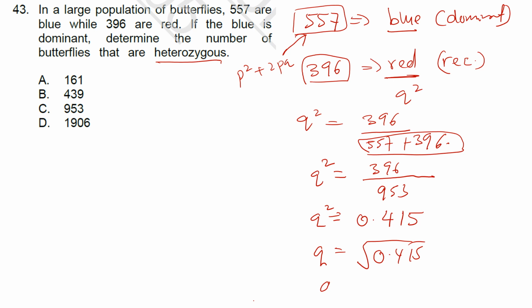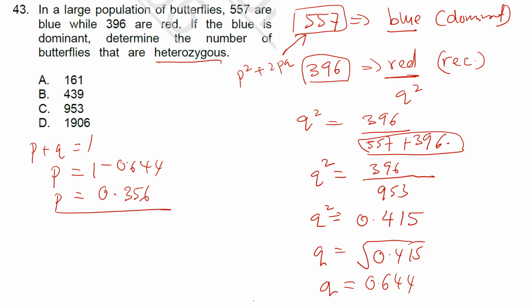Okay, so the value of Q would be 0.644. Okay, using the formula P plus Q equals to 1. So you want to find the value of P. So you just insert 1 minus 0.644. So the P value, so the frequency of the dominant allele, will be